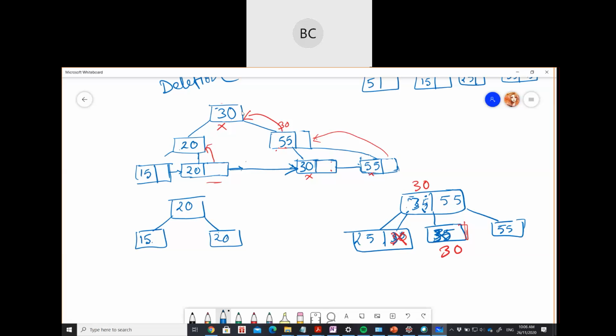Okay, I'll give you some homework for both B tree and B plus tree so you can try. For B and B plus tree, just remember, in case of a B tree, that's the main difference: we can keep all the records both in leaves and the internal nodes. And in case of a B plus tree, we keep all the records just in leaf nodes. The difference was in your